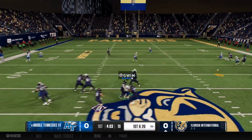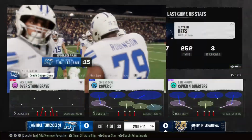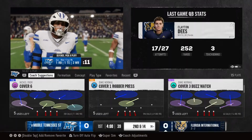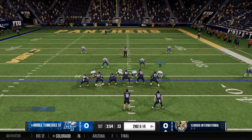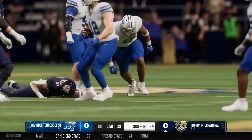The snap sets up the throw. That's caught. It's Crowell. He's brought down quickly. Minimal gain there. Still a bit short of the first down. Nice completion here to this wide receiver. And you're going to see this receiver line up in different spots all over the field all game long. The defense has got to keep their eye on where this guy is because they know he's a big part